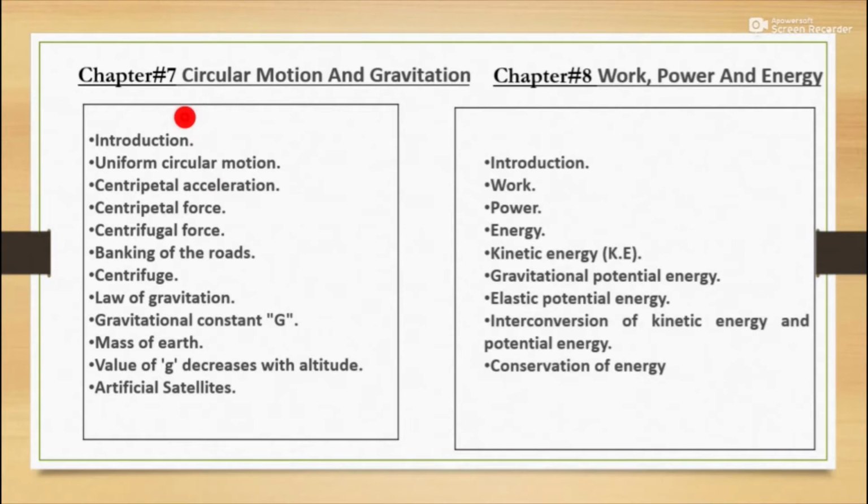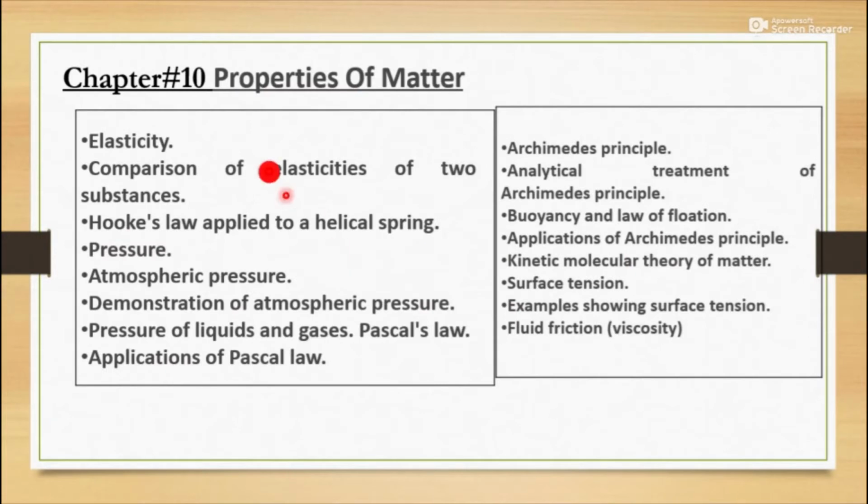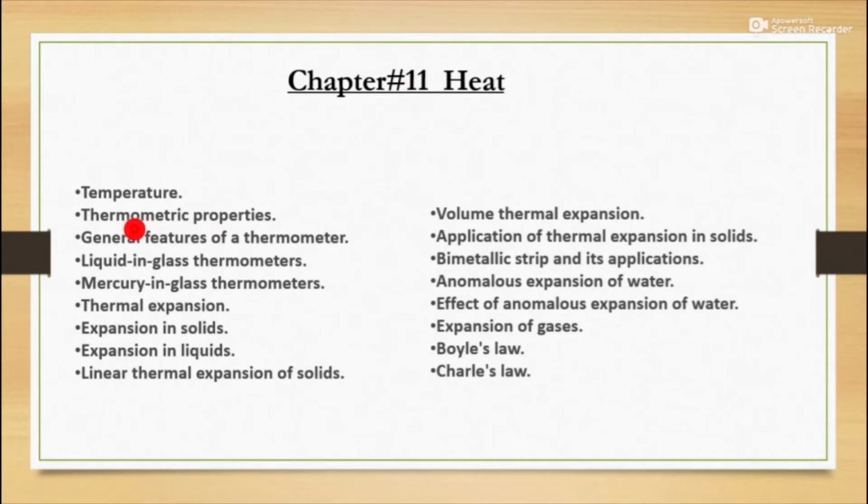Now Chapter 7, Circular Motion and Gravitation. Chapter 8, Work and Energy, these topics are also included. Now Chapter 9 is not in your syllabus. Chapter 10 is in your syllabus, Properties of Matter, you can see all the topics. And again, these are also topics of Chapter 10. And Chapter 11, Heat, these are all topics you can see here, included in your syllabus. Okay, a total of 10 chapters are included in your syllabus for the annual examination